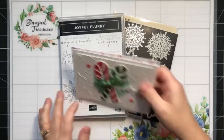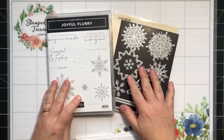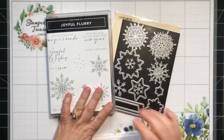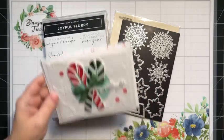Today I'm going to share a fun paper tearing technique featuring the Joyful Flurries bundle from the July to December mini catalog. But before we get started,